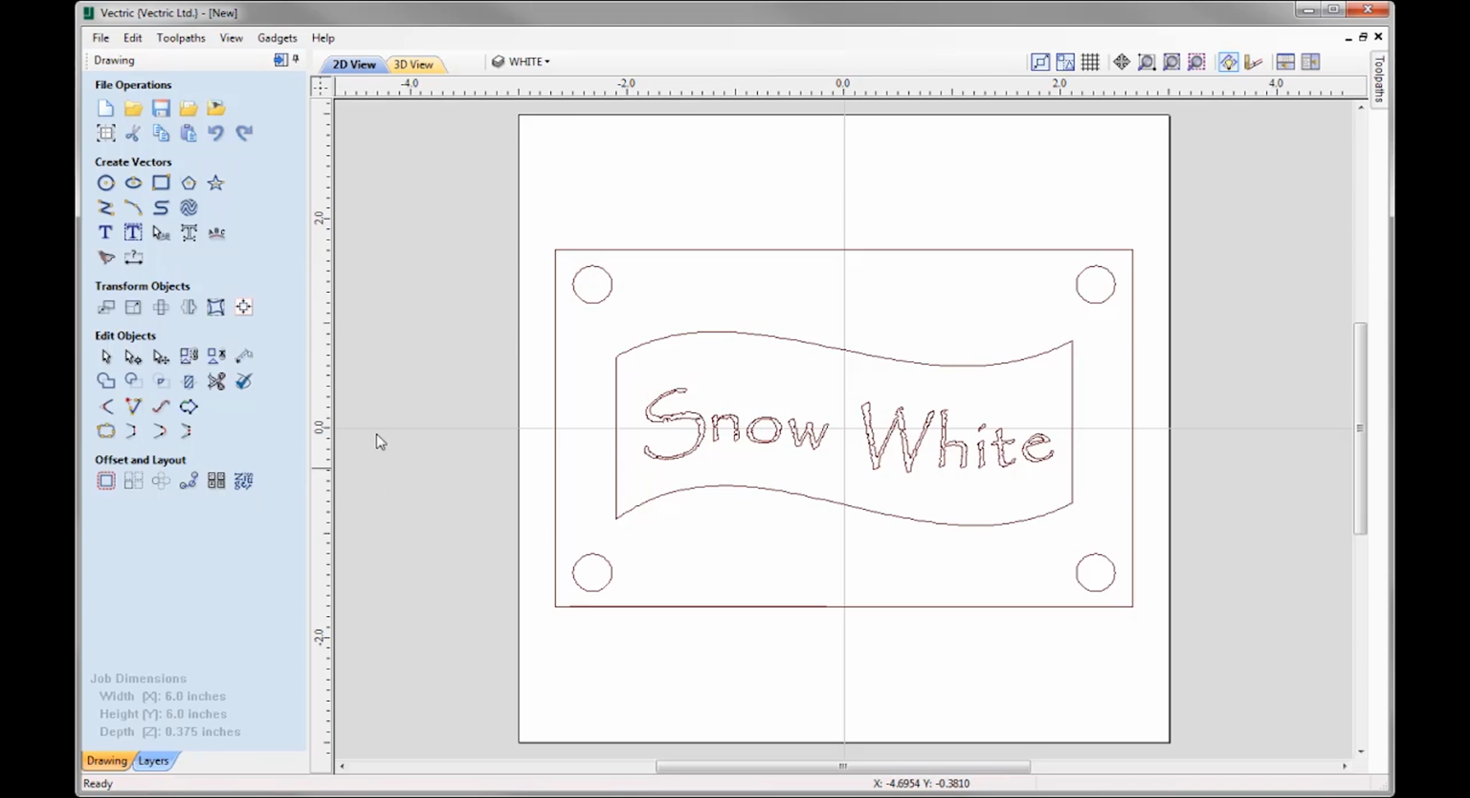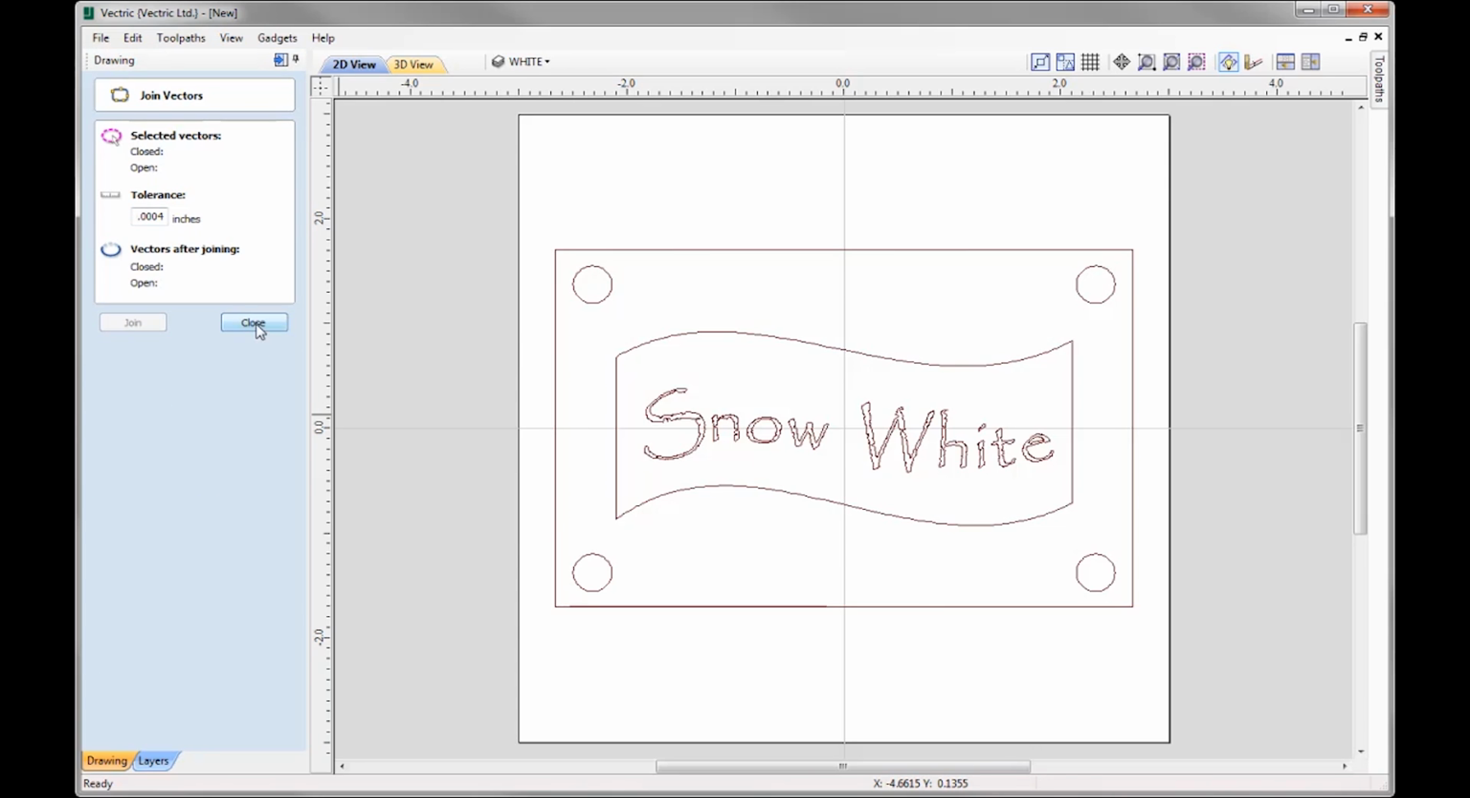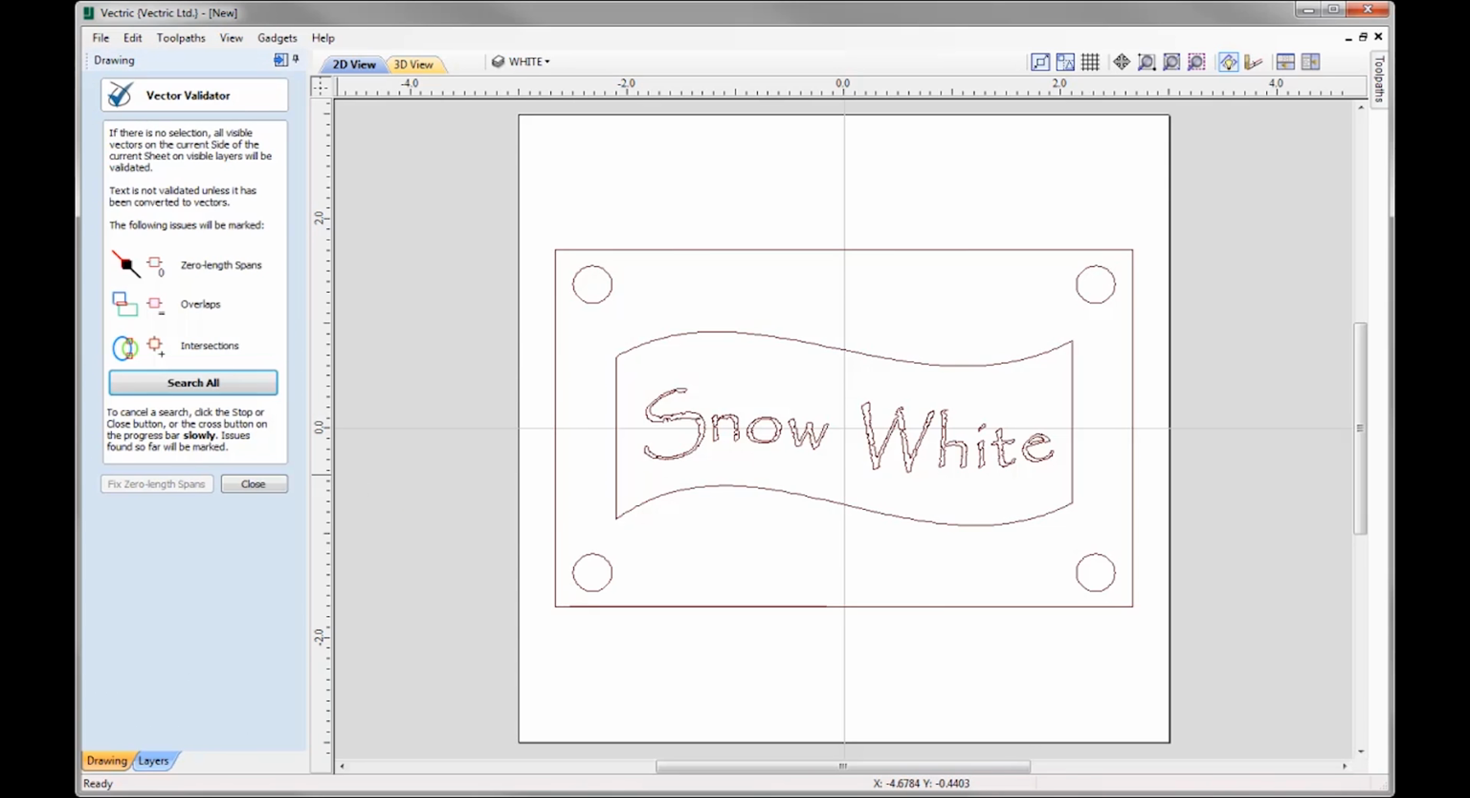So let's just close out to take a look at what this is. On the face of things, it looks as though we have one rectangle. Now if I click on that shape, we can see that the rectangle is actually made up of two vectors, and it's not actually a closed shape. So I'm going to take those, and then we're going to look at joining them. So we'll join that, close that down, back into the vector validator, search all, and that's now eliminated that problem